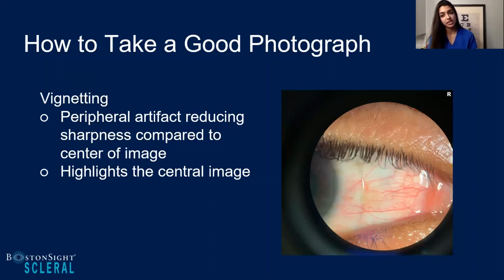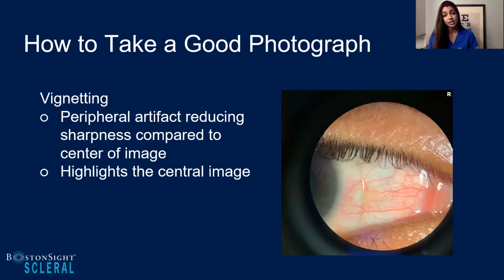But this can oftentimes work to a disadvantage in the real world of scleral lenses. So this is a perfect image of a scleral lens that's causing impingement on a pinguecula. And I held up my iPhone to my slit lamp ocular and tried to take the image. But a lot of the periphery of that image is artifact caused by the actual ocular. And so while I do have this beautiful area of blanching and impingement over this pinguecula, I'm kind of losing it because of how much wasted space I have due to that ocular.